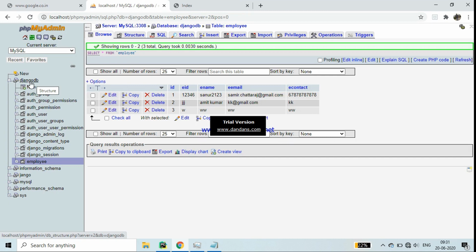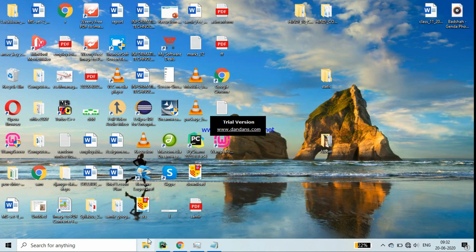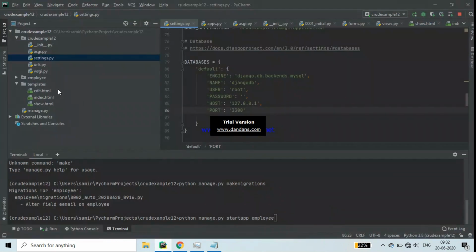You just have to create the database here, and Django has a facility to create tables directly on the database through its feature, models. A model is a class in Django. Through that you can directly create a table. You have to create that model, and by migrating, the tables and related fields will be created automatically. So please see here how we can do that.